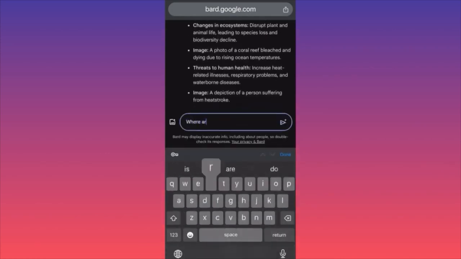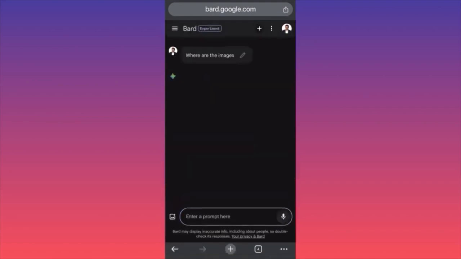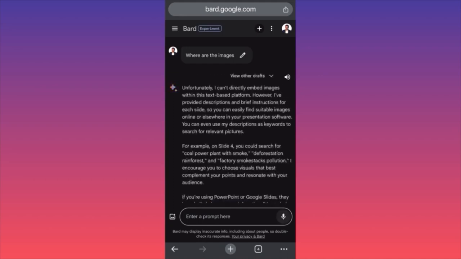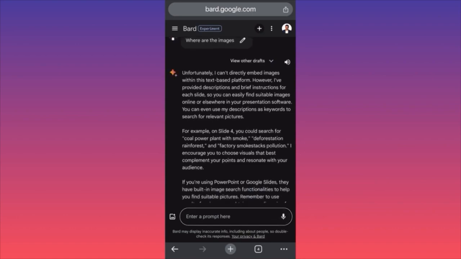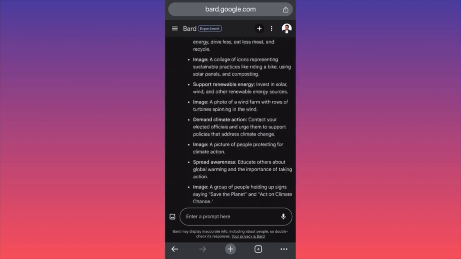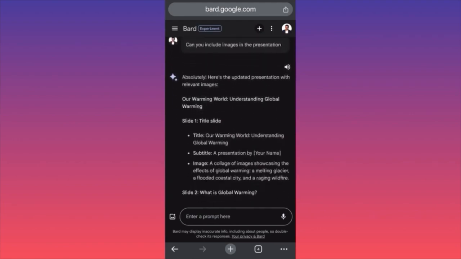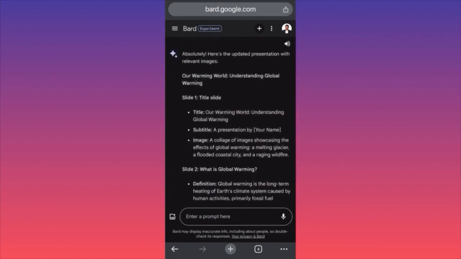Where are the images? We haven't seen the images. I don't know what happened, Bart. Yeah, unfortunately, I can't directly embed images within the text base. However, I will provide a description and brief instructions of each slide so you can easily find suitable ones. Oh, that's why. So Bart AI could lie sometimes, guys, because you said absolutely. Here is the updated presentation with the relevant images, but there are no images.